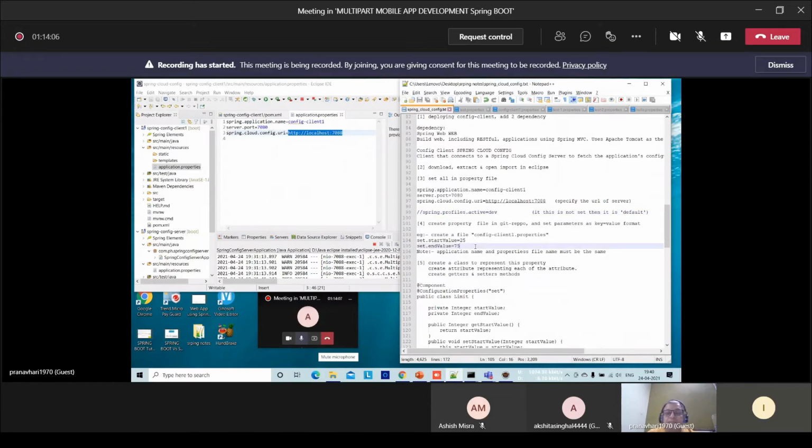file, a new property file. Now see here, why did we create a new property file? Already we have many properties files.